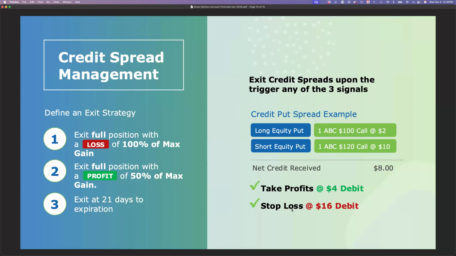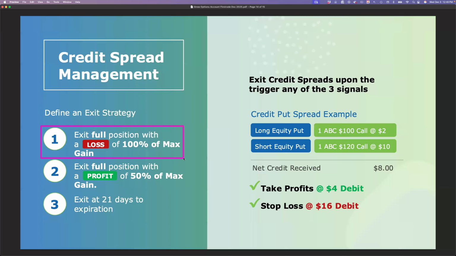So lastly, what I'll leave you with is just a comment on how to manage these trades. There are generally 3 rules as to how to manage a credit spread. There are 3 triggers that can potentially trigger closing a position on a credit spread. Number 1 is a stop loss order. And this is the most important one. Meaning if, let's say, you don't have the time to look at all your positions every single day, I recommend that you place a stop loss order on your